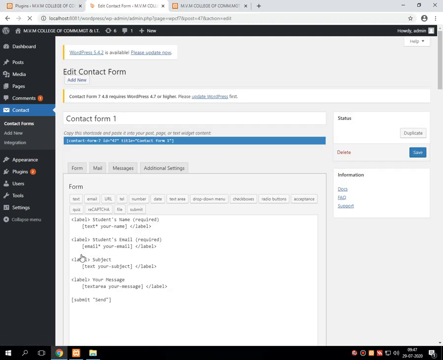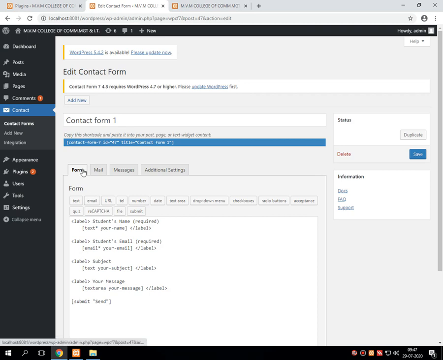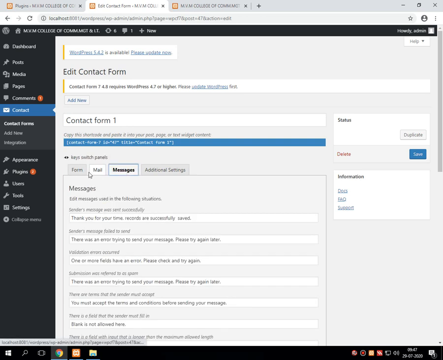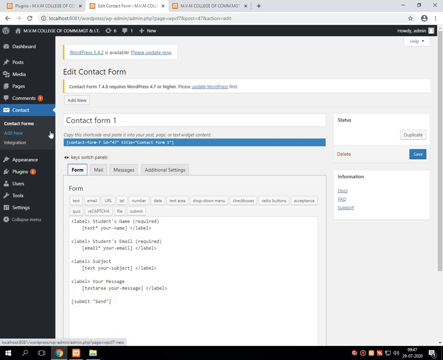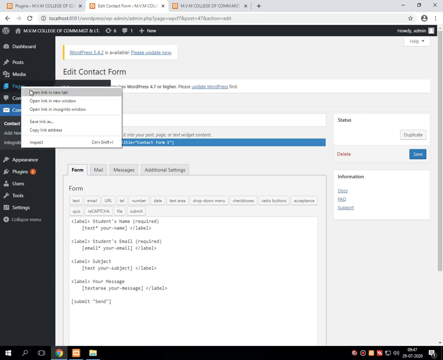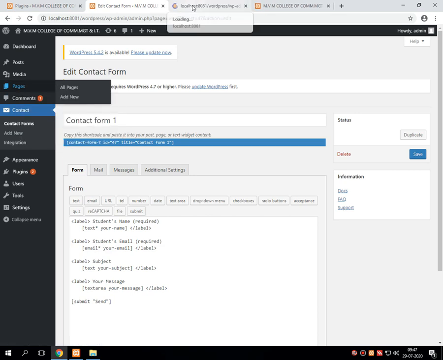Into the settings, we found 4 different tabs, that is form, mail, message and additional settings. From these 4, 2 are most important for all of us right now, that is the form and the message. Then we have created a web page. In that web page,